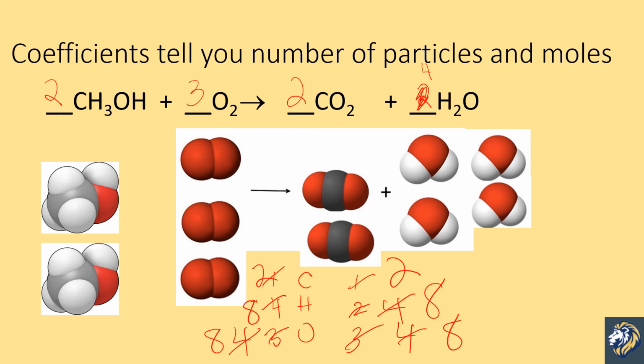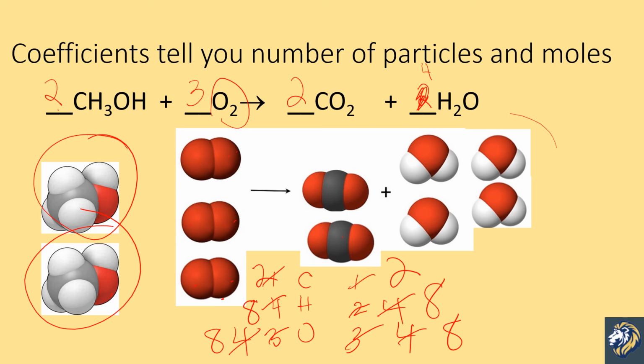Now I could count here too. 1, 2 of the C2H4, 3 of the O2s, 2 of those, and 4 of those. And look what happens. You can count it that way. You could count it this way. 1, 2 of these whole things. 1, 2, 3 of these whole things. 2 of the carbon dioxides and 4 of the waters, and it's balanced because we have